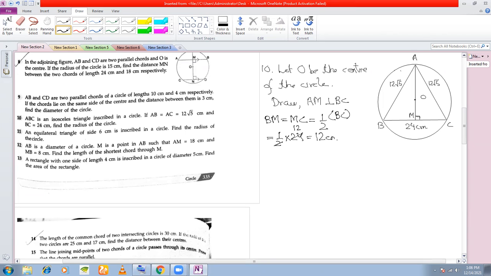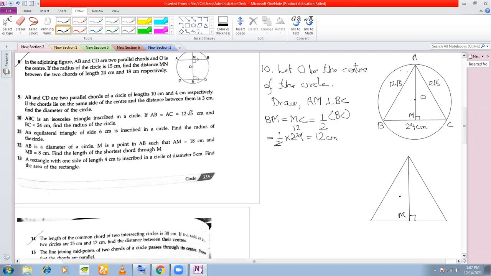No, sir. Still, I don't know whether AM passes through the center of the circle or not. Although I have drawn, it looks like it passes, but I still don't know. The figure could have been like this also. Just to give you an idea, I'm not drawing the circle. Say somewhere here is your center. And when I'm drawing a perpendicular from here, it might not have passed through the center. Why am I saying that it passes through the center?